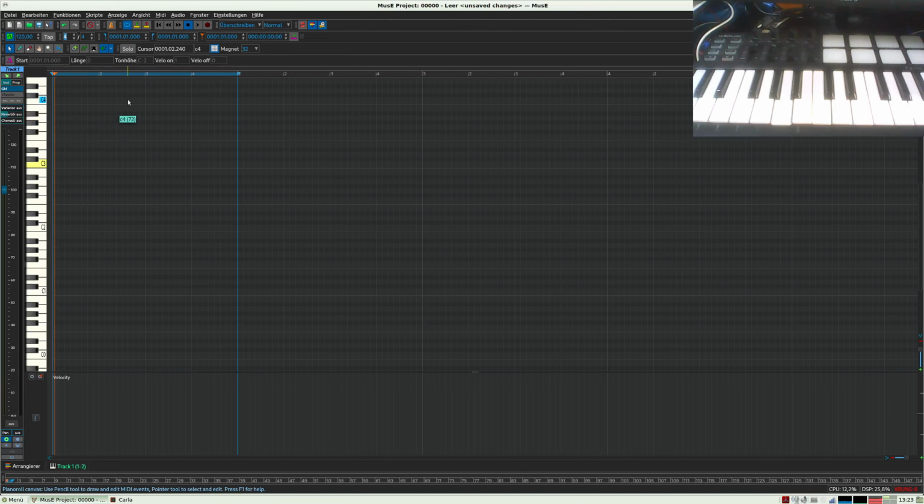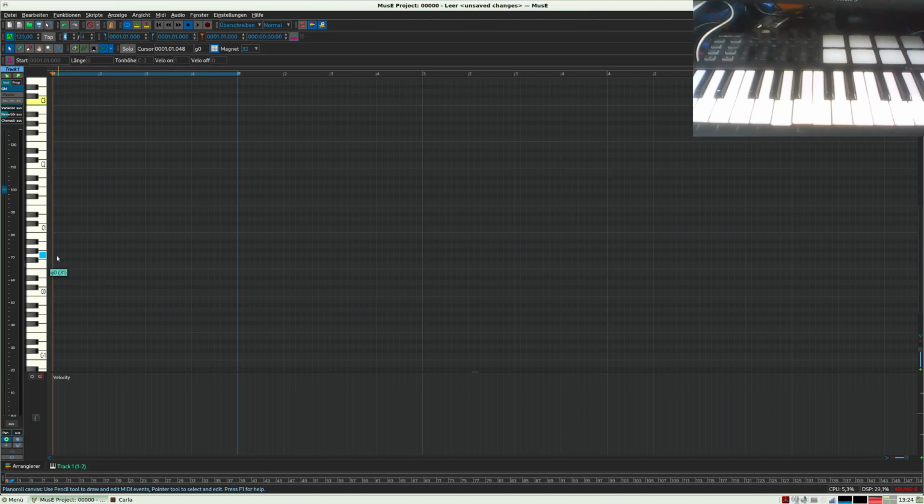And Muse has a thing, this red bar always starts slightly on the right, so it's bad. So I can press the page up button to get it to the first position, and now here I can use the note I need. Okay, this is the right one, I think. This is too low, this is quite good.